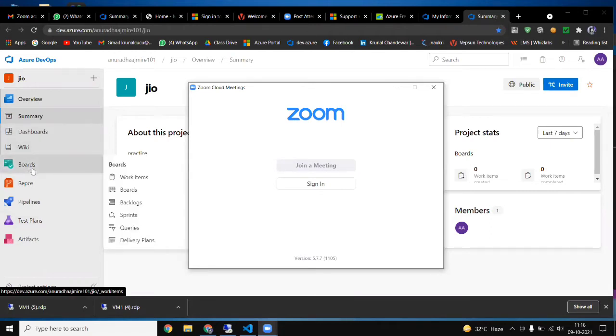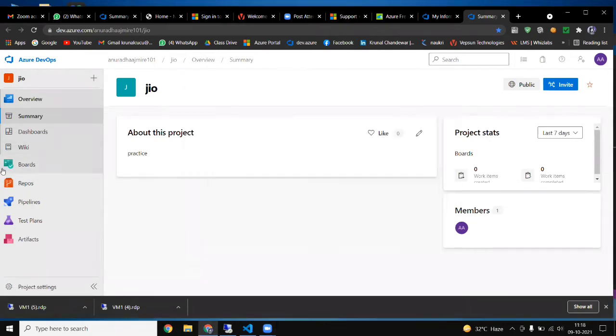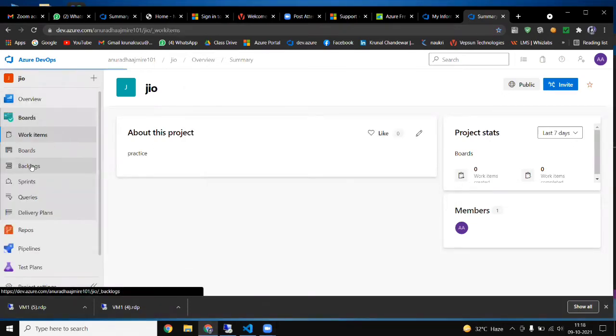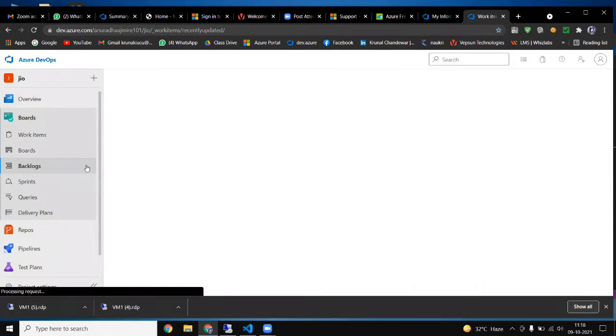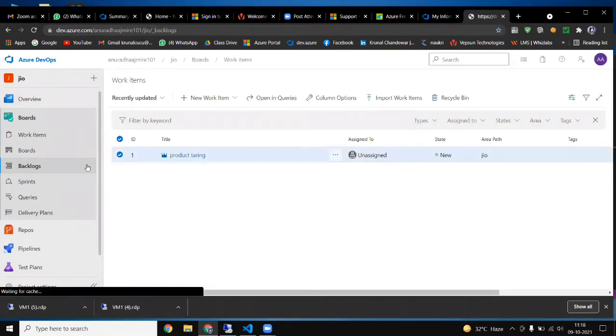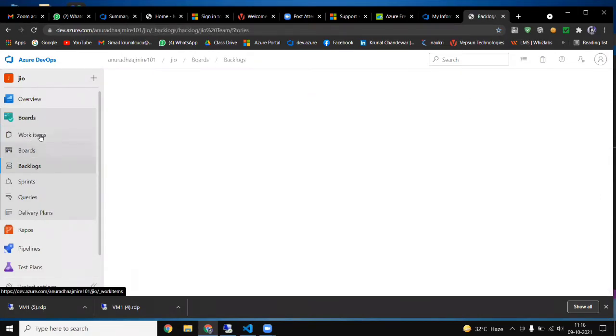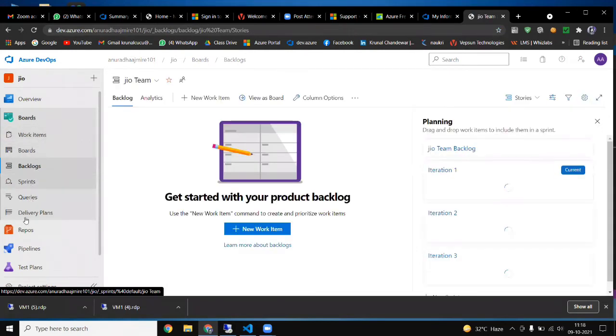I'm asking who knows about board. In board we get contents like work item, board, backlog, sprint, queries, and delivery plans. Can anyone tell me about this?